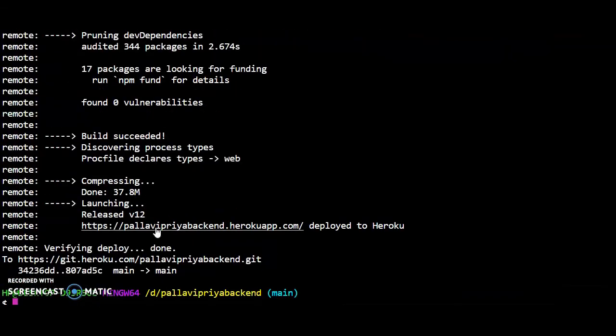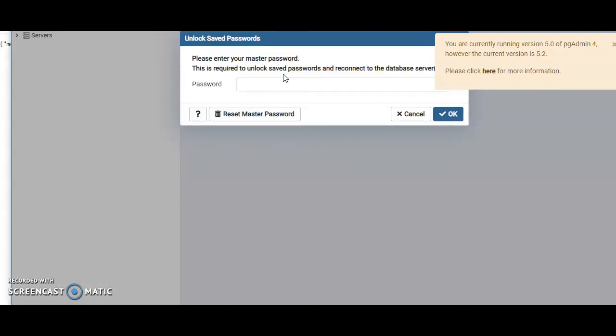Okay, I reran the Heroku master process, and I got deployment successful. So the two things I have done: tweak the URL and make sure all the imports are fine. So that was all about deployment.